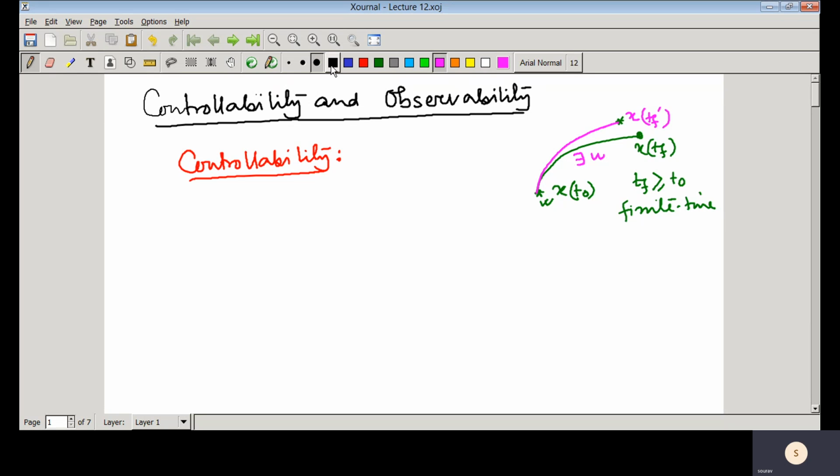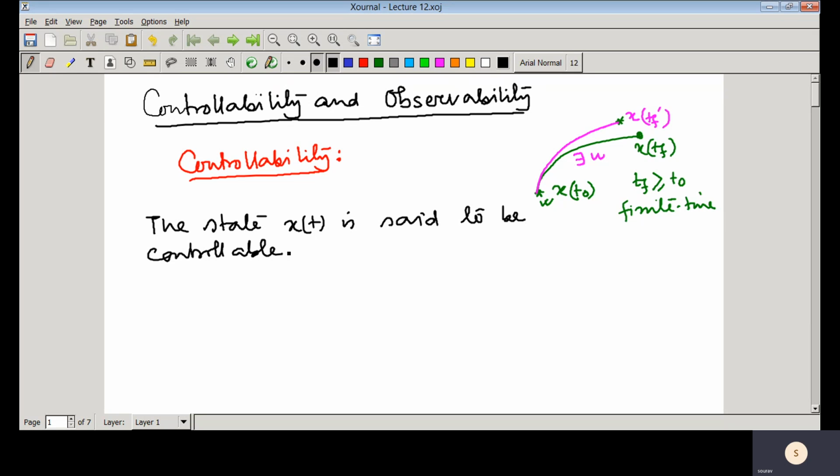So let us write the formal definition of controllability. The state x(t) is said to be controllable at t equal to t0, that is that initial point, if there exists a piecewise continuous